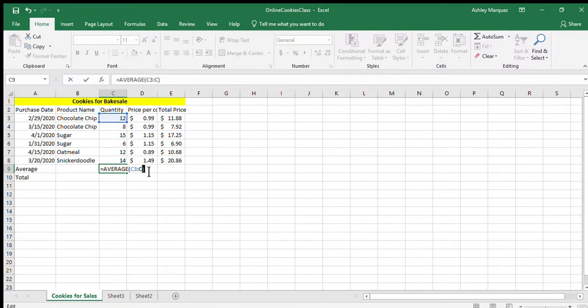So you can change it to C6 or whatever. But in this case, it was correct. So, oops, let me go back. In this case, it was correct. So I can just click enter, and it found the average of my quantity of cookies sold for those 4